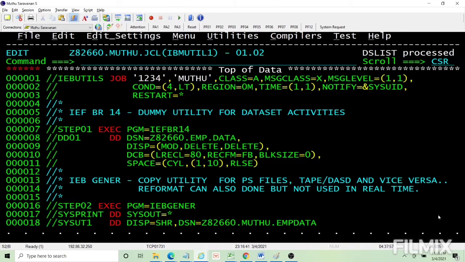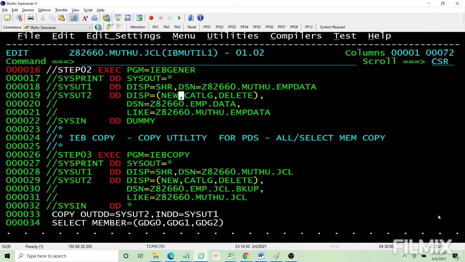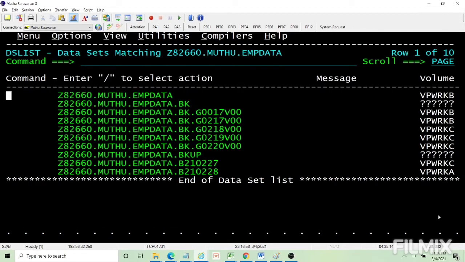It is there, so I'll run it. Now what happens is this dataset will be allocated and deleted when step 1 is done, and in step 2 it's going to copy the content from this dataset to that dataset. I think this contains GDG data, which means only 5 dataset members. Yeah, 5 names. Okay, fine.